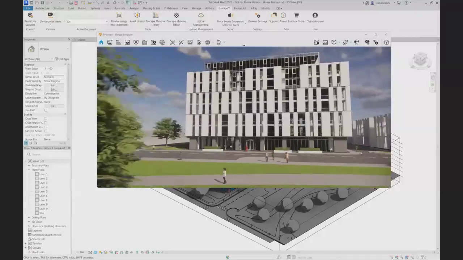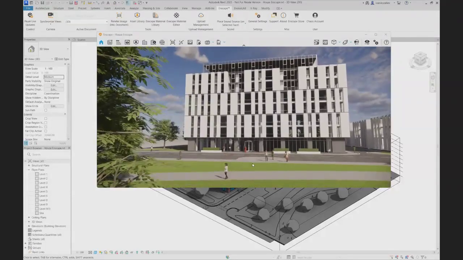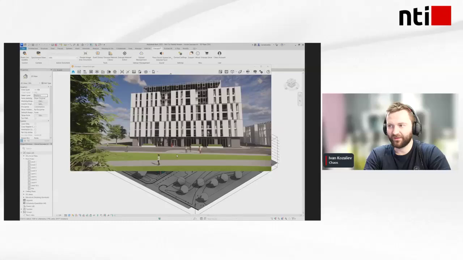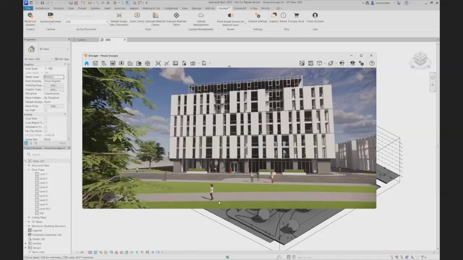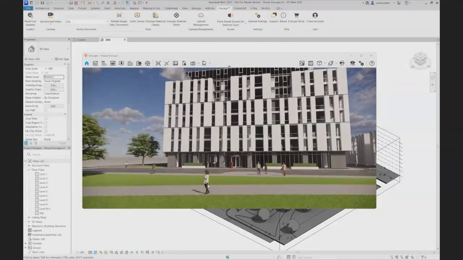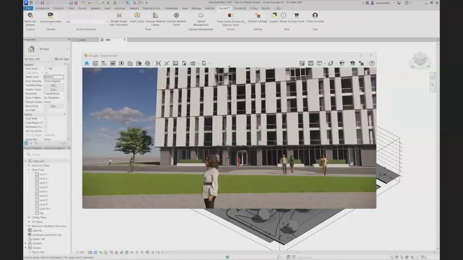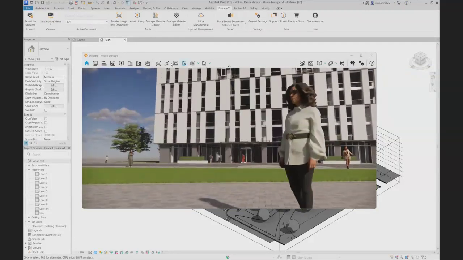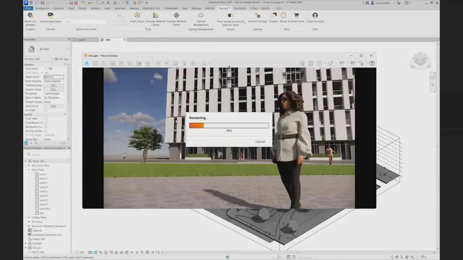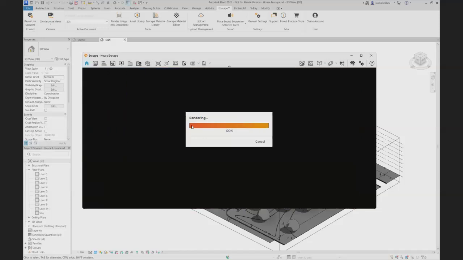Right now, I want to start with something relatively new. I would like to start with something very popular today, something that is important for the whole industry, the AI. And the first thing that I will start with is the AI enhancer. So here we can see that we can enhance an image. Let's find a suitable one with a human, for example, the girl over here. I will click the enhance button, and it will export an image really fast and really easy.